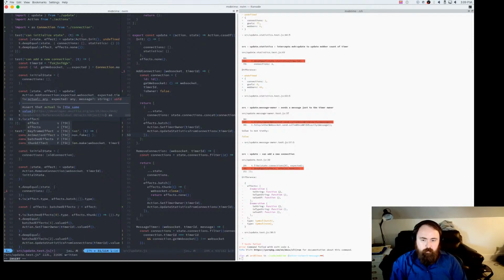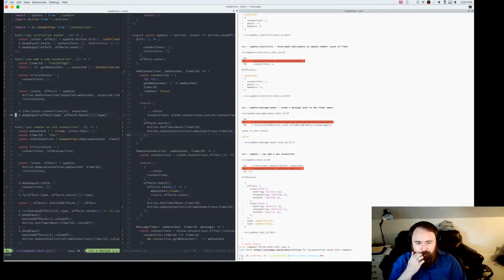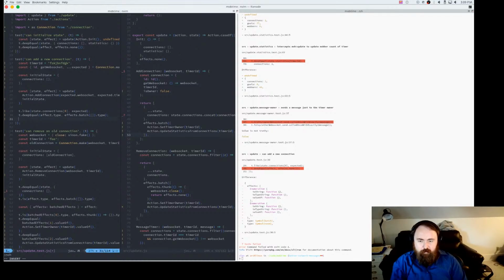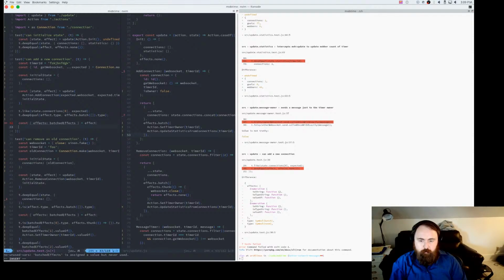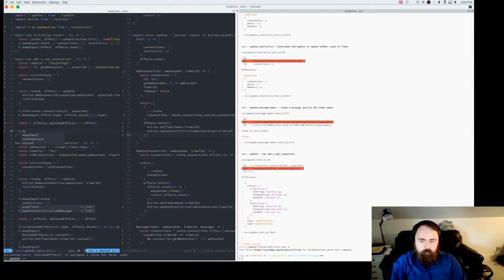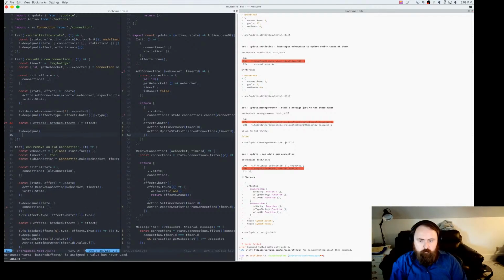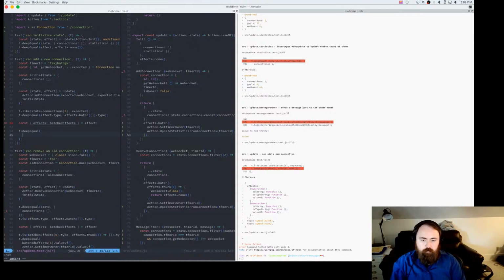I was going to say we ensure that it's only two effects, but it's not really that big of a deal. So it's const effects as a batched effect equals effect. We'll extract that out once we know for sure it's a batch. We say t.deepEqual. These are just two actions. Those actions can be tested individually now too, which should be nice.